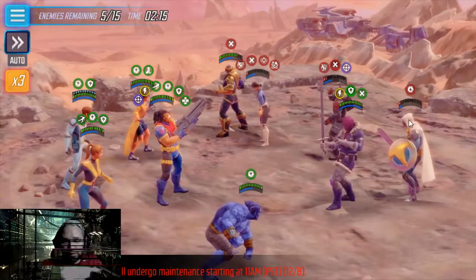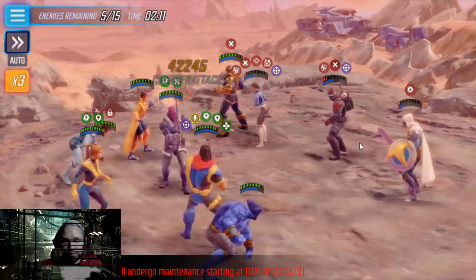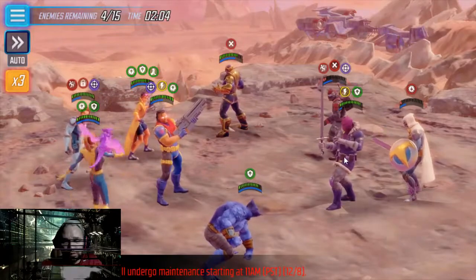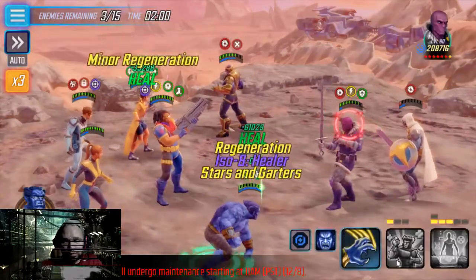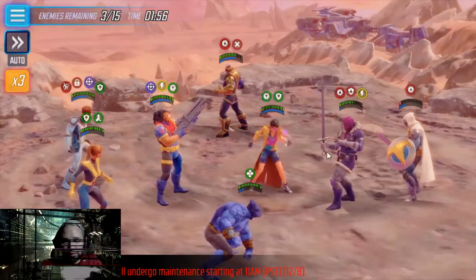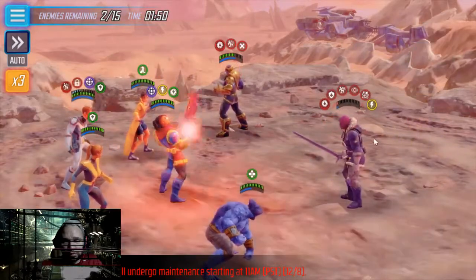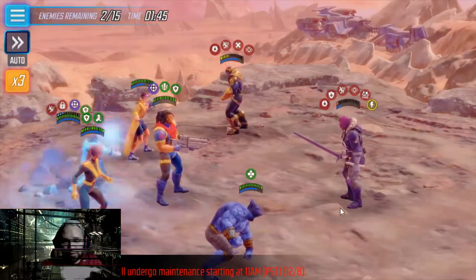I'm not really that worried about the remaining enemies. Really, once you can get rid of Doom in this node, the rest of the node is pretty simple. There really aren't any big threats. So yeah, we'll go after Baron Zemo just because he's got the highest health, and we'll get a stun going, reduce his speed bar. He's now in the yellow. We'll switch on over to Thanos, and yeah, that'll be this node,